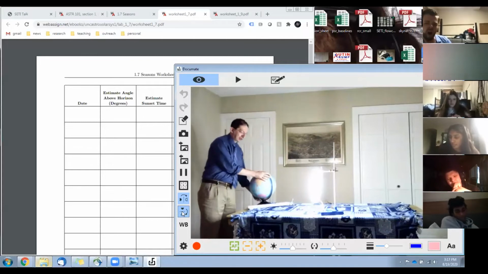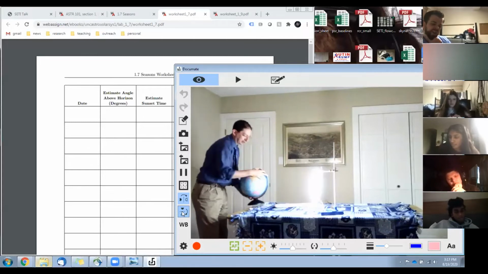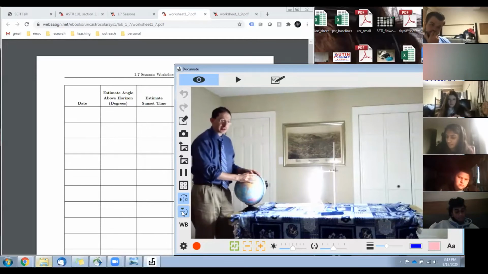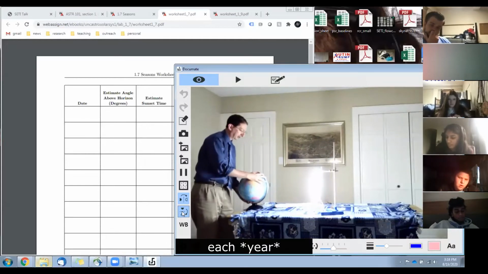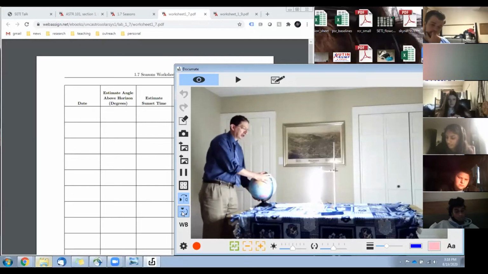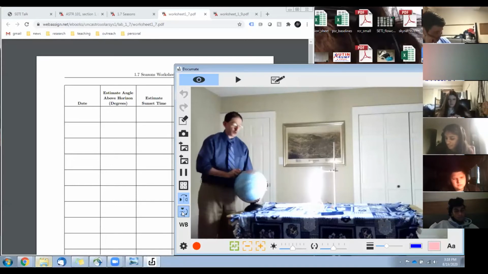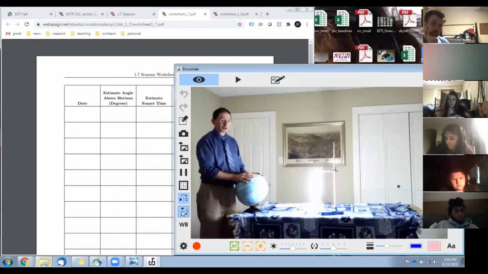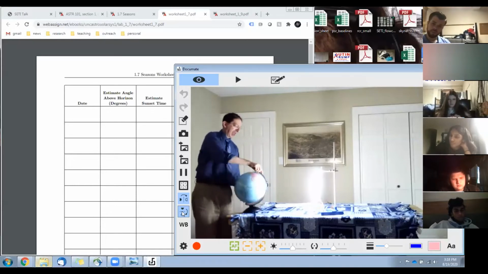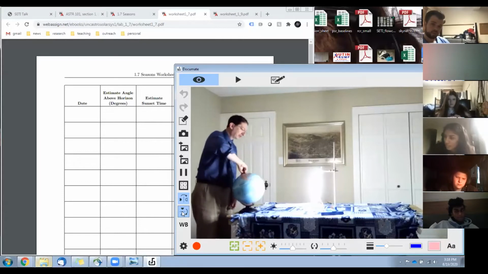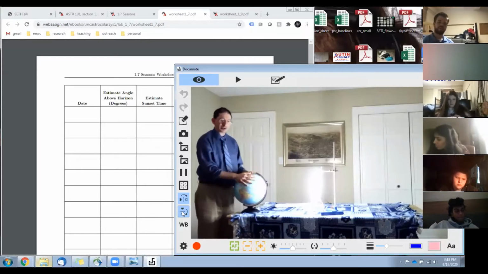Now, I'm exaggerating how much. It's a really small effect, barely noticeable, but we hit summer 20 minutes earlier each year. And so the next year, it'll be here, the next year it'll be here, the next year it'll be here, until eventually we hit summer over there, and this side of the orbit is winter. Now, it takes 13,000 years to go halfway around, from summer being here in the orbit to winter being here in the orbit, and summer being there, and then another 13,000 years to get back. So it's a 26,000 year cycle.